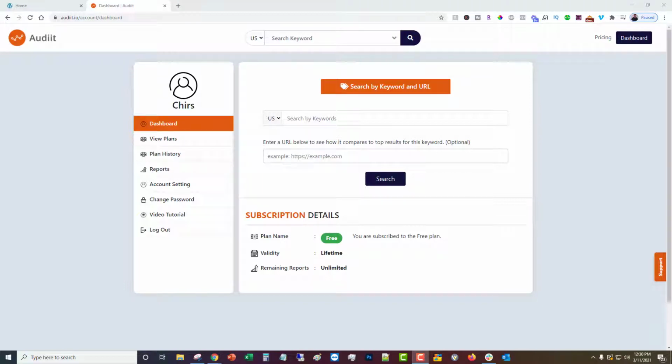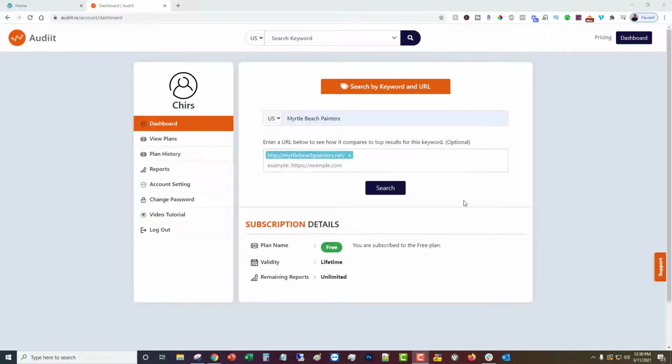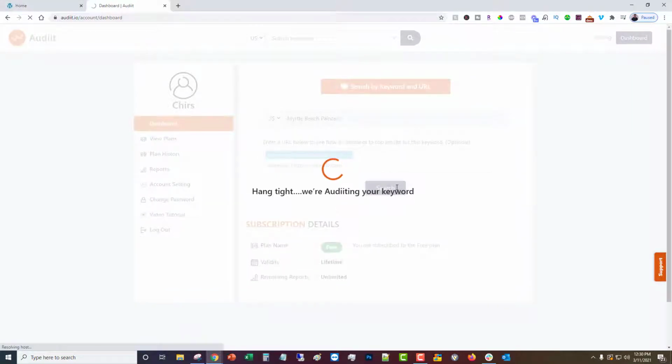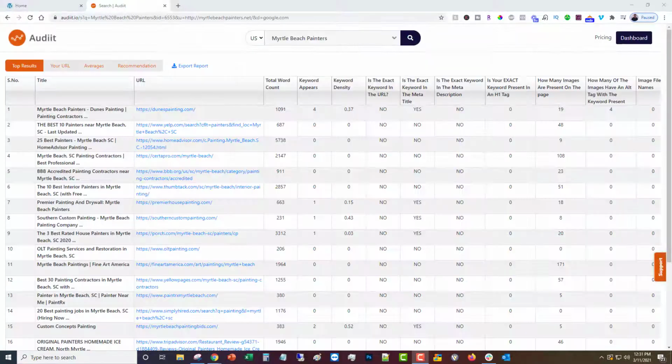Understanding the different tabs in your audit results. First, let's run an audit. We'll wait for that to finish. I'm going to pause while it does that. Okay, we're back. The first tab that you're going to be taken to when you finish your audit is top